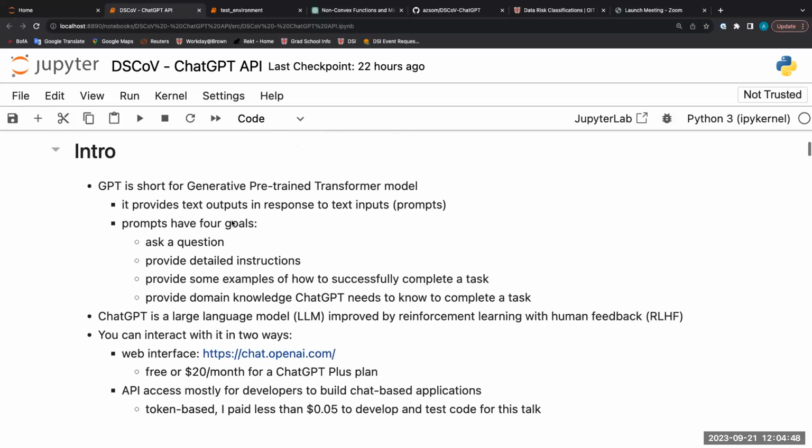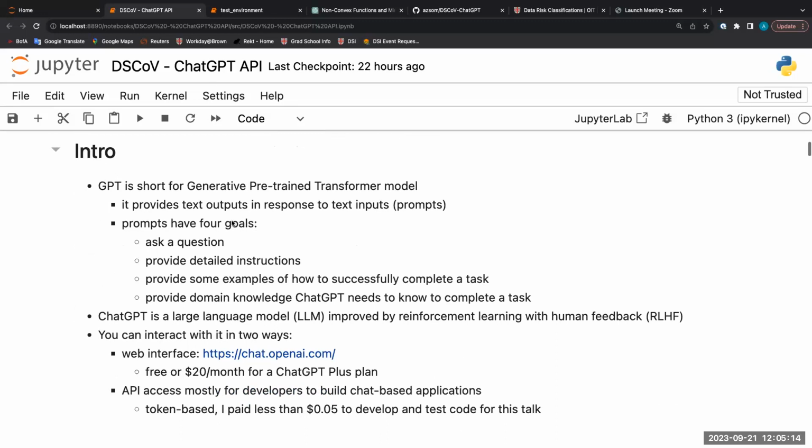So first, some overview. GPT is short for Generative Pre-trained Transformer Models. You, as a user, give some text inputs, these are called prompts, and then ChatGPT will give you some outputs, some responses. That's basically how it works. Prompts can have 4 goals. You might ask a question, like what is the capital of Hungary?